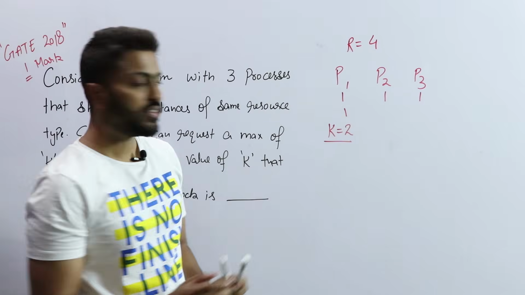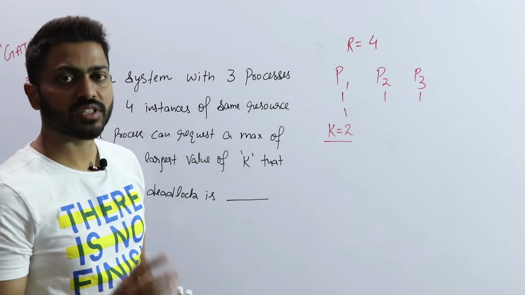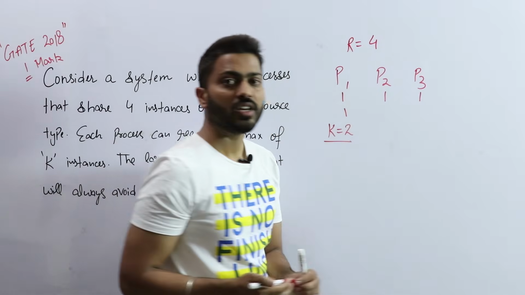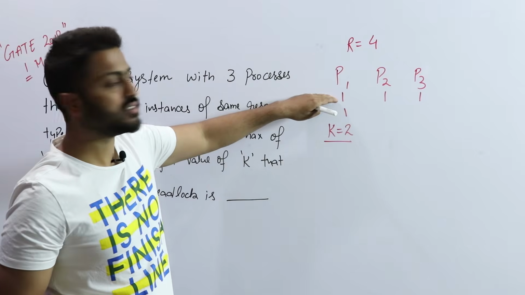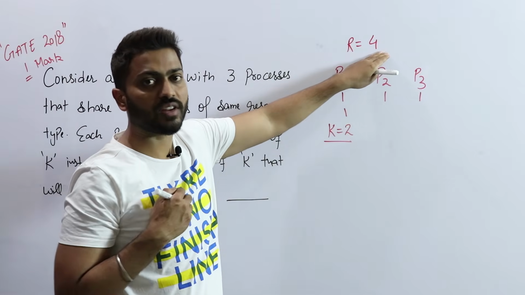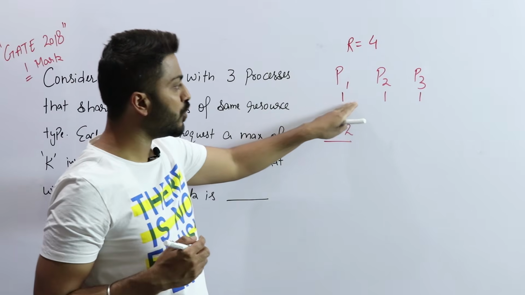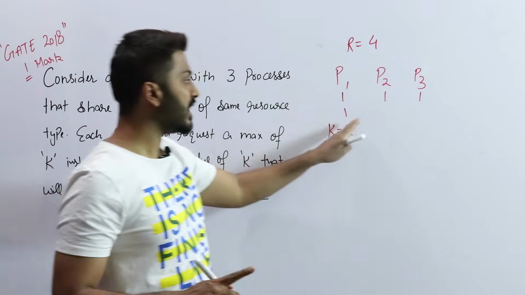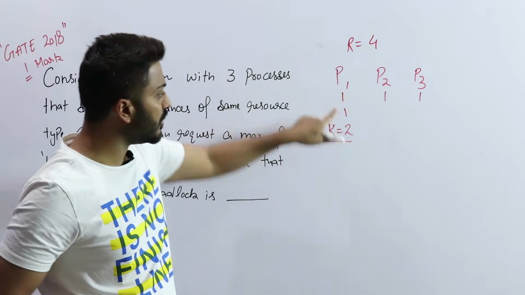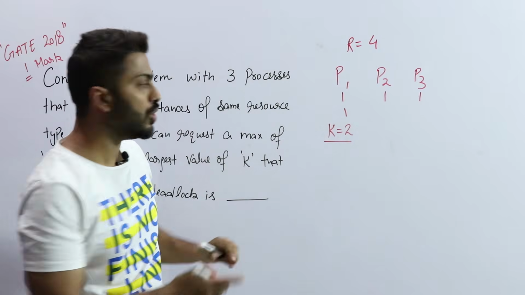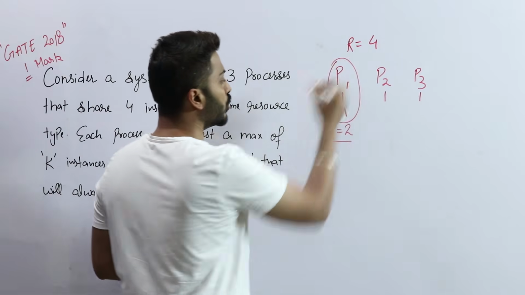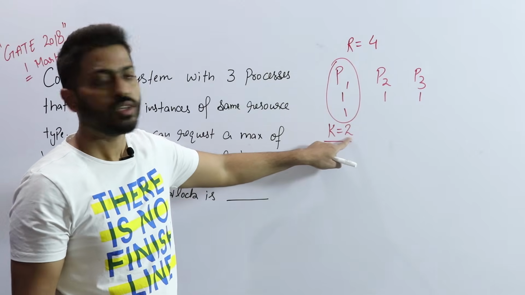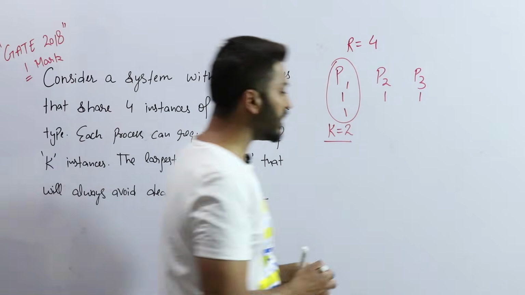Whenever a question is asked like this, what you need to do is first write down all the processes and try to give the minimum need, since we are having the 4 resources in our hand. I have given 1 to all the processes, and the 4th one I can give to any process. Let's say I have given it to P1. So how many does P1 get? 2. And what is the need of P1? 2. So when the need is fulfilled, P1 will execute.